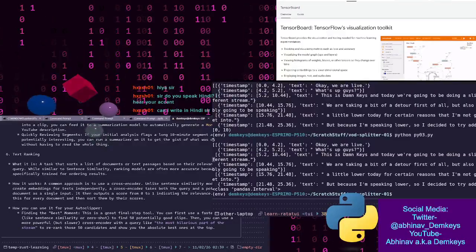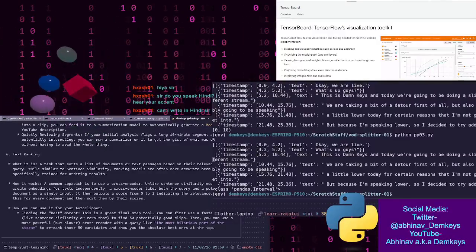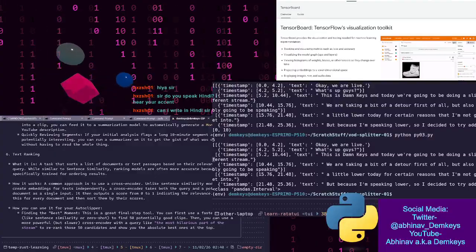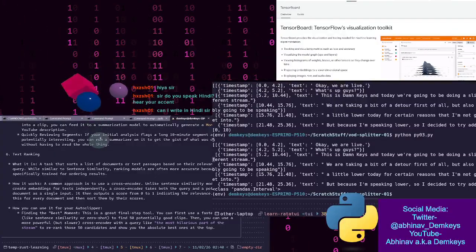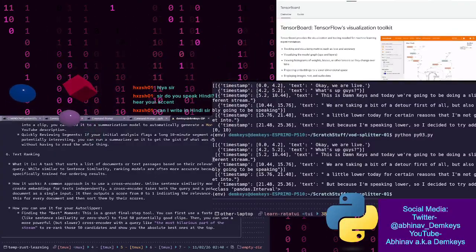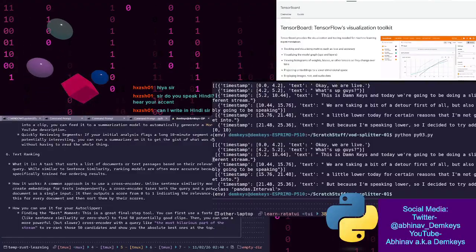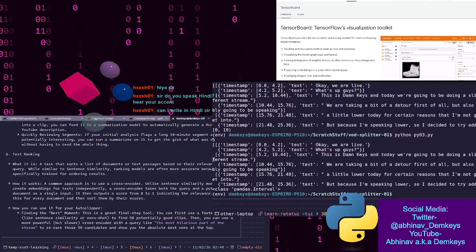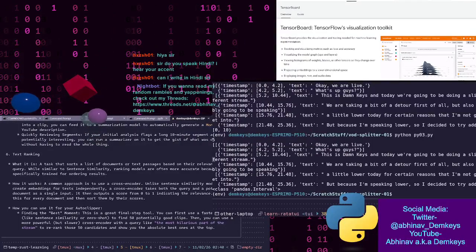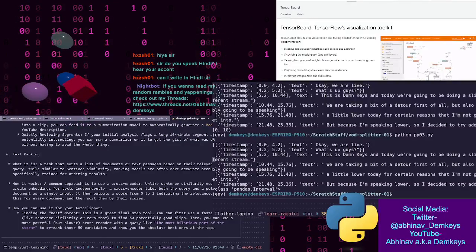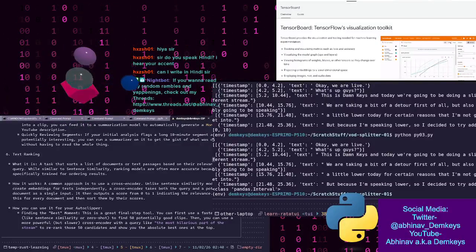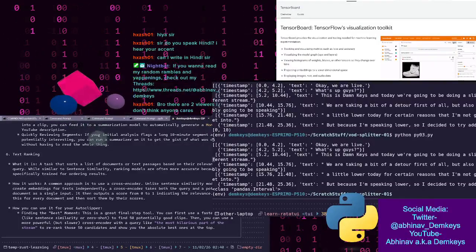What was I saying? Yes, text ranking. So these are the six different NLP tasks that I looked into, and aside from these six tasks, I feel like